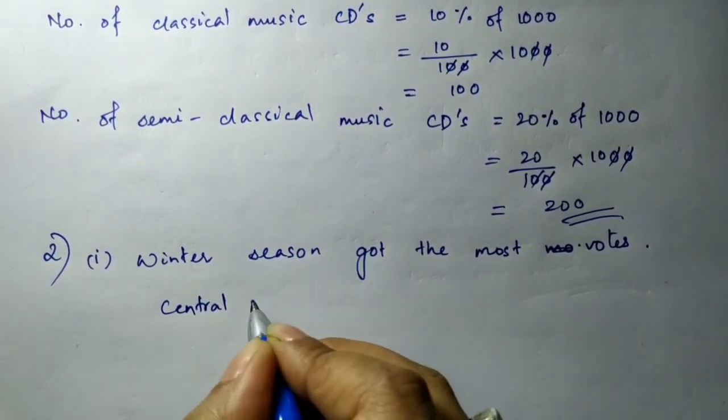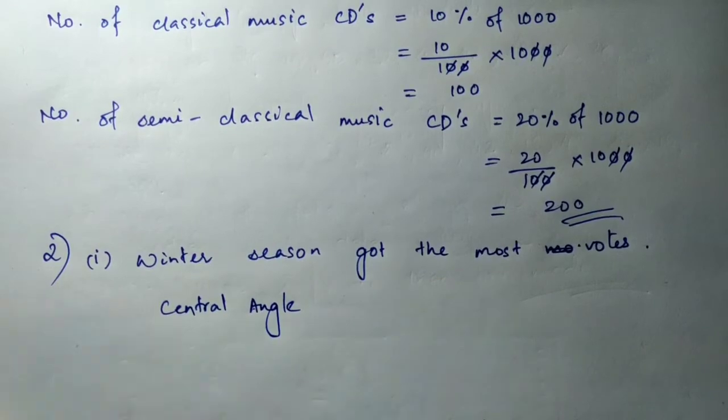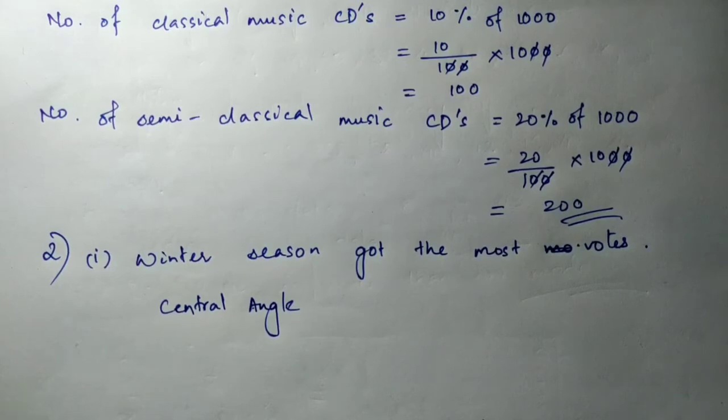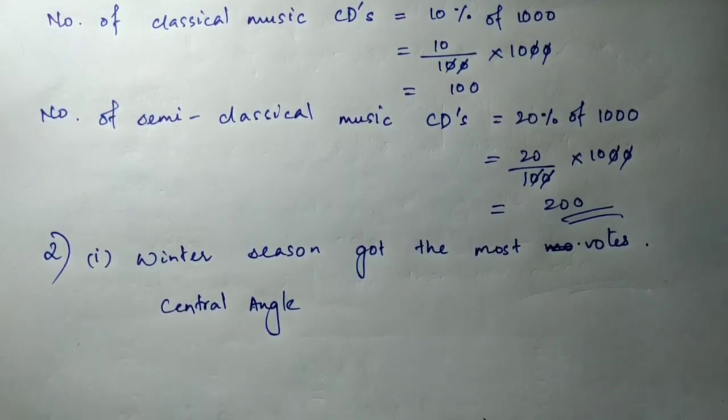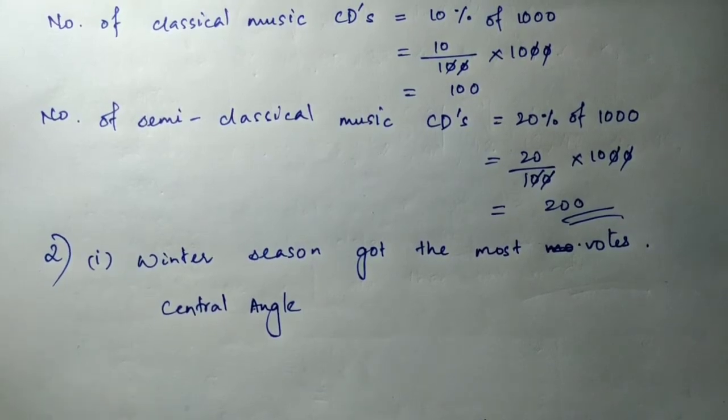I'm not showing you a particular formula here, but I'd like to tell you how you calculate the central angle in this case. Different sections are given, like here, for the different types of season, the number of votes is given. So how do you calculate the central angle? The central angle is always equal to